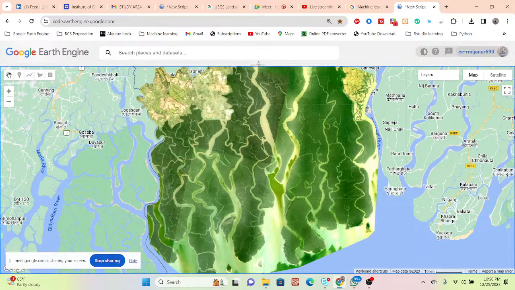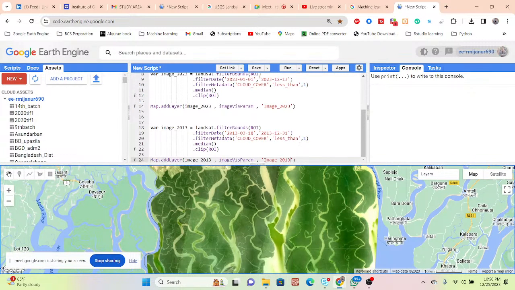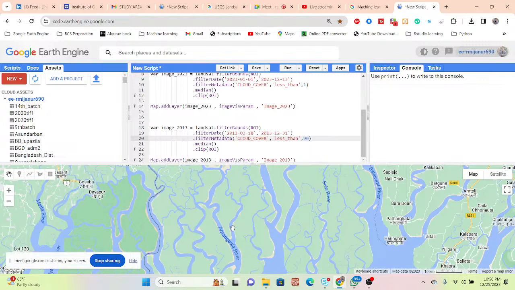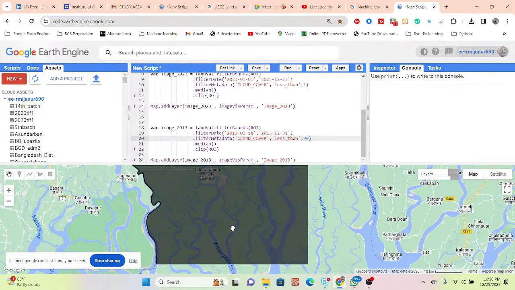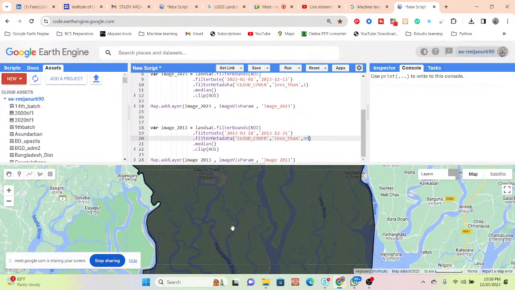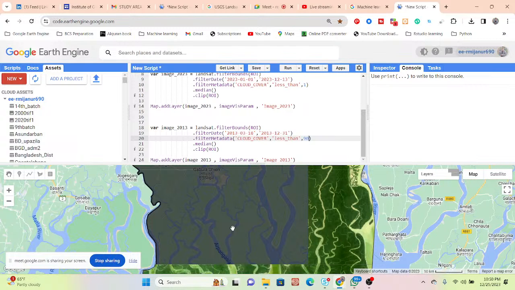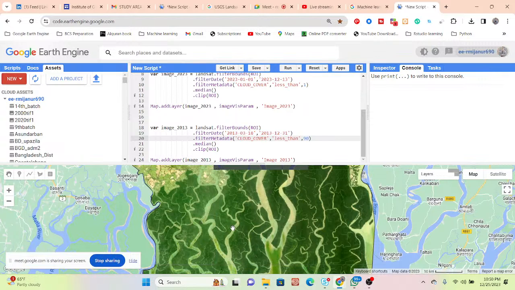So in this time we are just increasing the cloud cover. Okay, when I put here the less than, it means that this image just takes the less than 1% image and makes this composite. But when I increase it, suppose I simply put here 90%, in this time you can see I get some 90% cloud pixel, but this composite will be good. But further we are just applying the cloud mask function and removing all of this cloud. We see the result. Yeah, so it's okay, there is no problem.